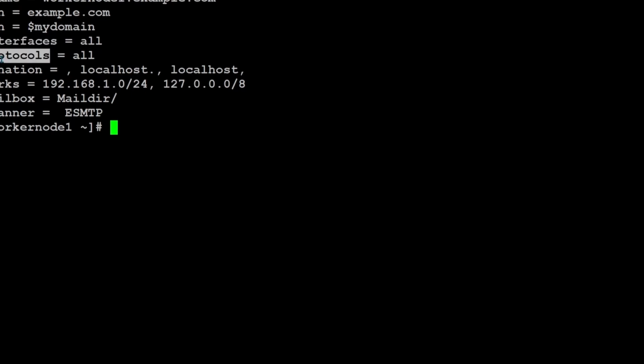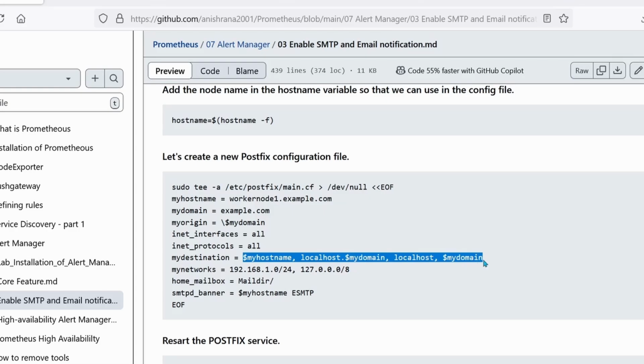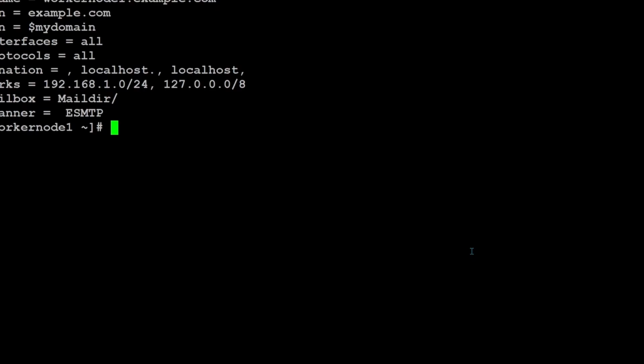Which protocol it will work, IPv4 or IPv6? For the sake of easiness I used all. And my destination is localhost and localhost. This is a wrong value. It must add this line here. Let me modify it here